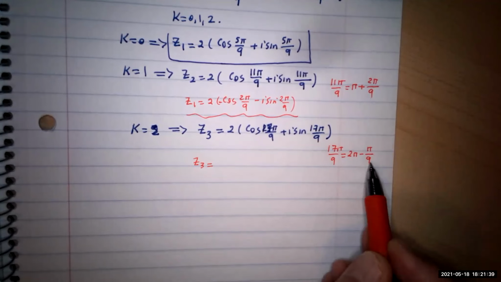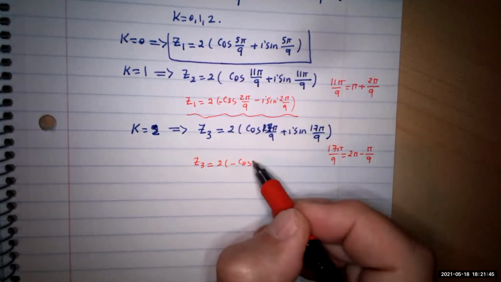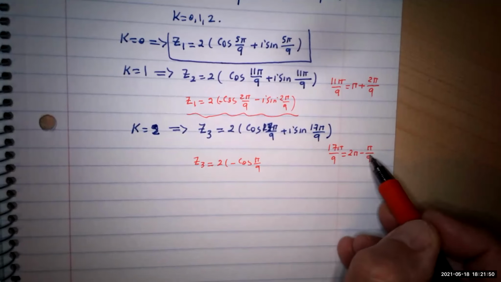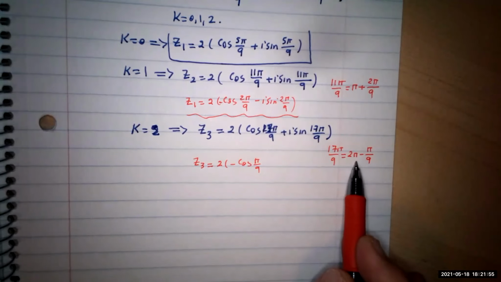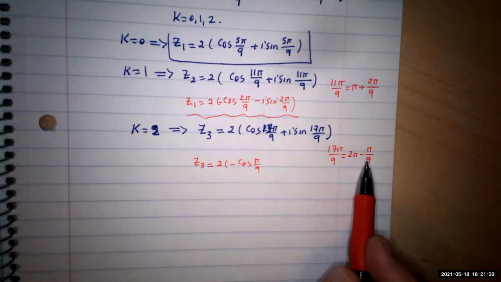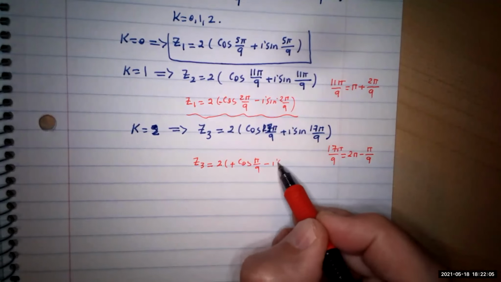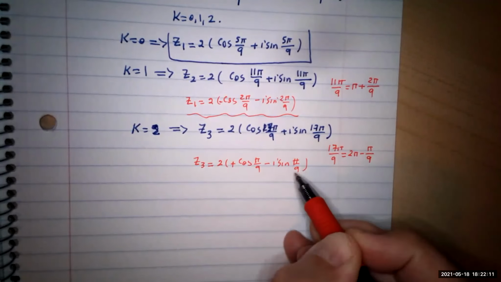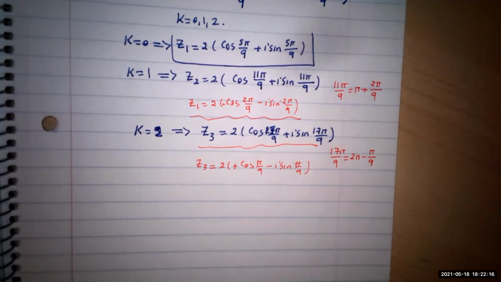So this is going to be 2 times a negative cosine of pi over 9. Okay, and because of the cosine of 2 pi minus alpha, or 2 pi minus 20, okay, this is 360, this is 340. So the cosine, in fact, is positive, and the sine is negative. That gives you sine of pi over 9. Okay, these are optional, but I just did it so that you know that all the 3 solutions